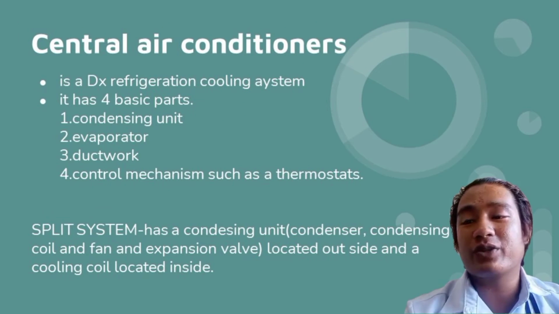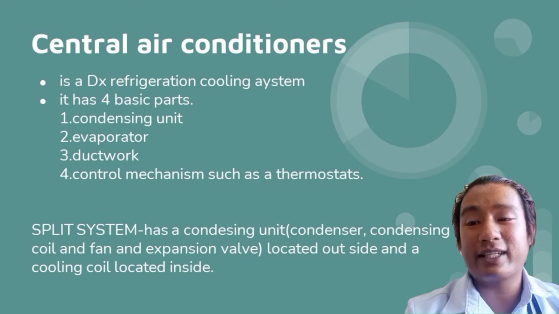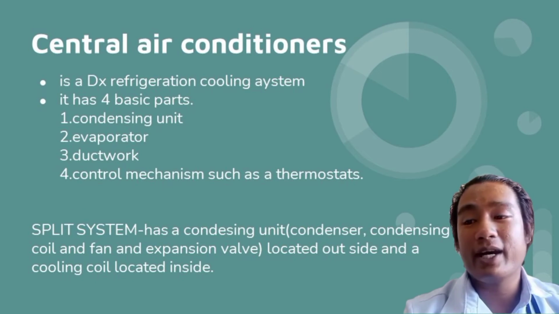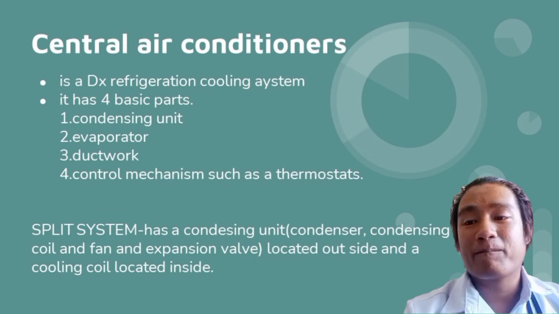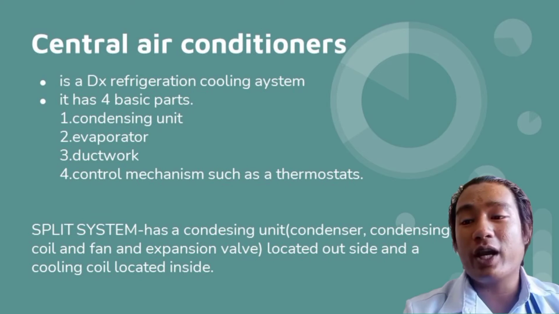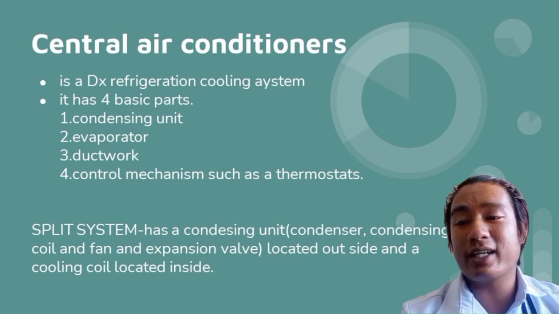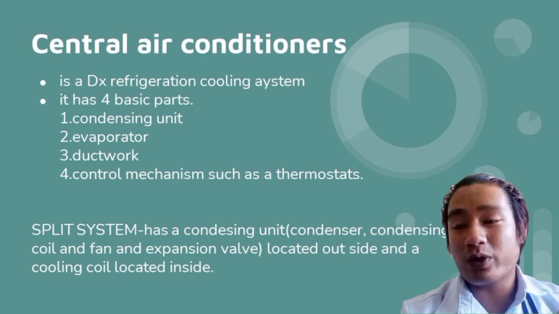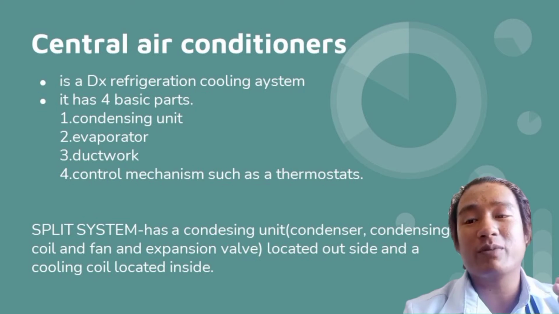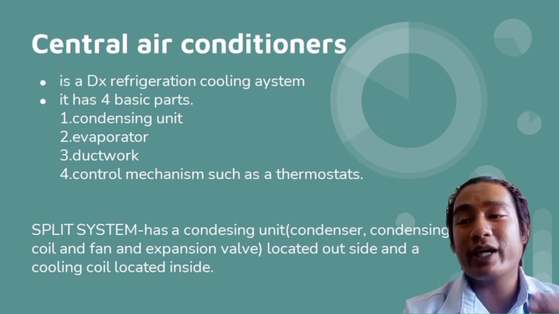Central air conditioners. A central air conditioner is a DX refrigeration cooling system. It has 4 basic parts. One is a condensing unit containing the compressor, condenser, and expansion valve. A cooling coil, an evaporator, in the air handling unit or ductwork near the furnace. Ductwork to distribute the cold air. So ductwork is the one responsible for distributing the cold air. And a control mechanism such as